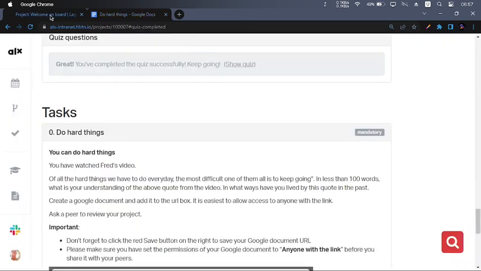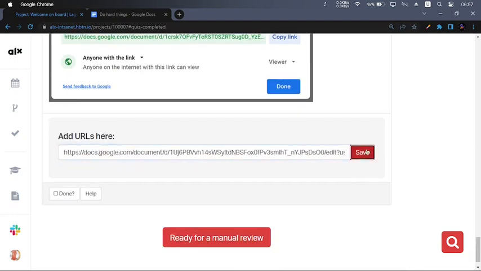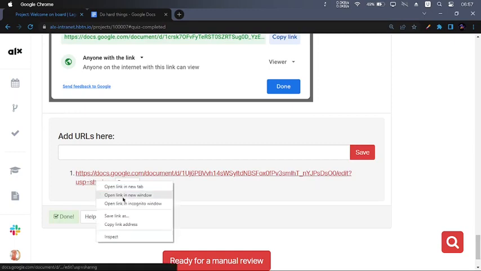Then come back here, and in the box below paste your link, click on save, click on done. So you're done. This is it. This is how to do it. Now copy this link